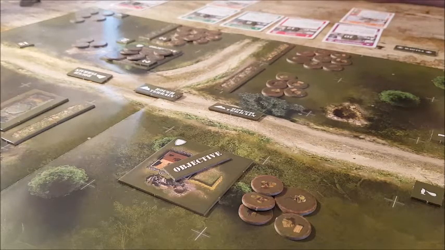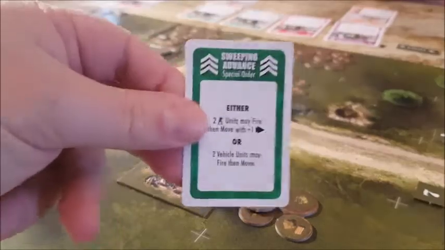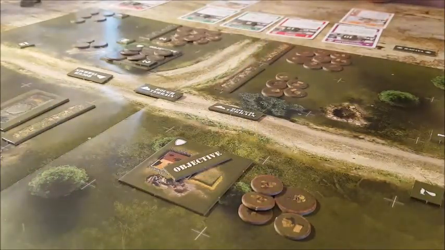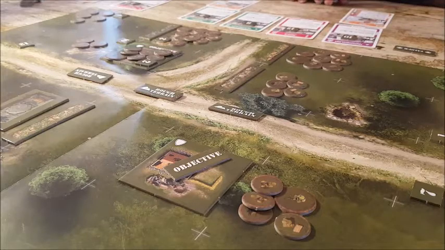And I'm going to play a sweeping advance. Oh dear. So there's the action over there. I have to choose one of my units to play it on. I think I'm going to play it on the paratroopers. So 2 infantry units may fire, then move with +1 movement. So I'm playing it on my paratroopers, and I'm going to designate the second unit as...